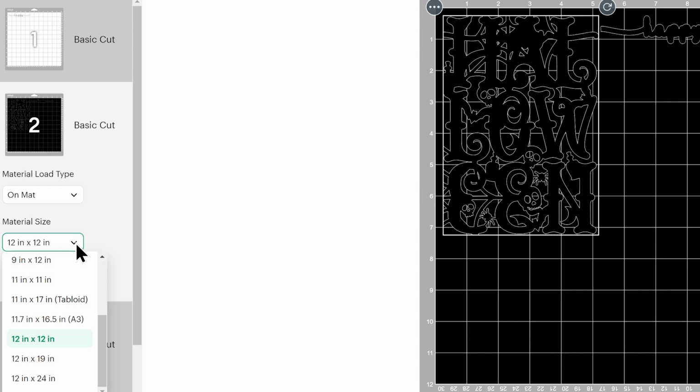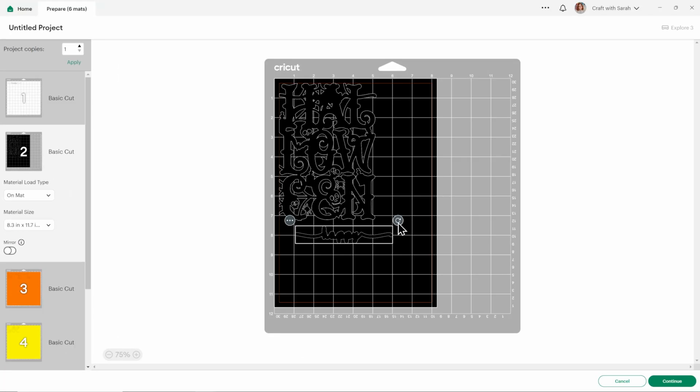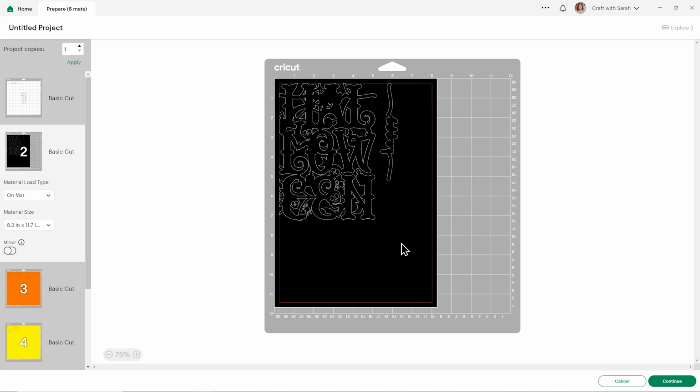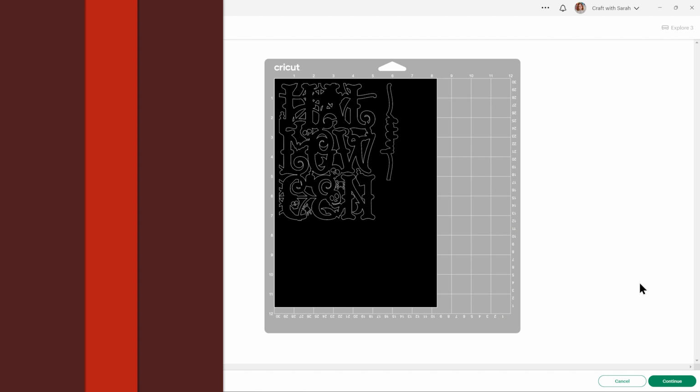You can change the paper size in here. I'm going to go for A4, and then if you want to, you can click and drag to move things about to take up less space on your cardstock. You'll need to do that for each colour, so go ahead, get your sheets looking as you want them to, then press continue to connect to your Cricut and get everything cut out from cardstock, apart from maybe that white happy word, which you might decide to do from vinyl instead.